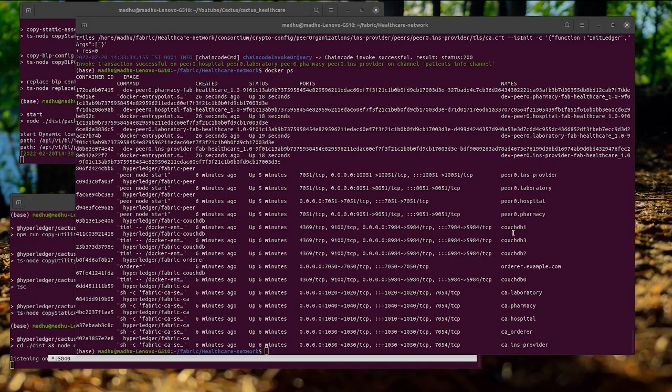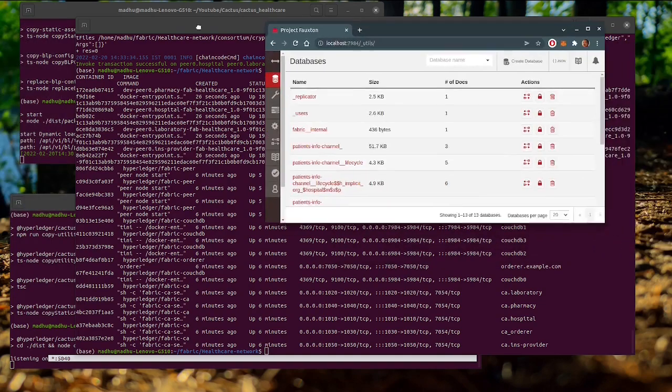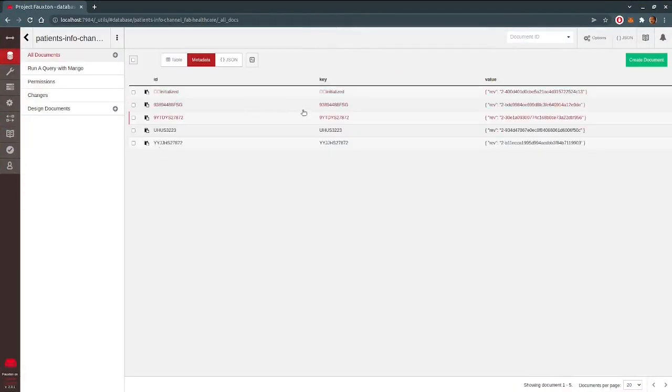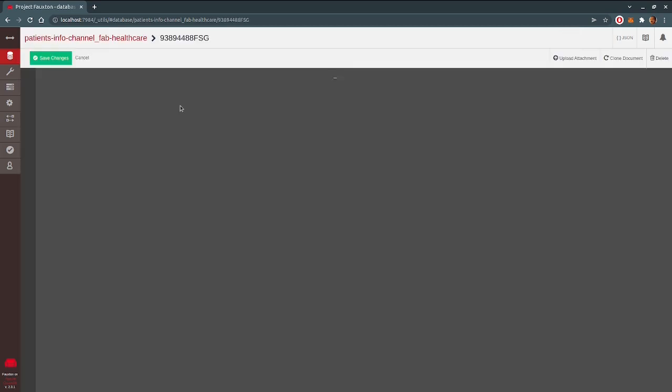CouchDB is running on 7984. Here is the CouchDB, and you can see the records here. These are all the patient records.